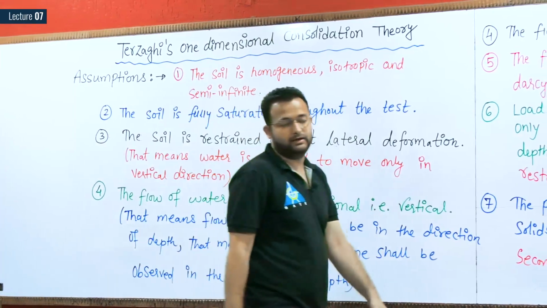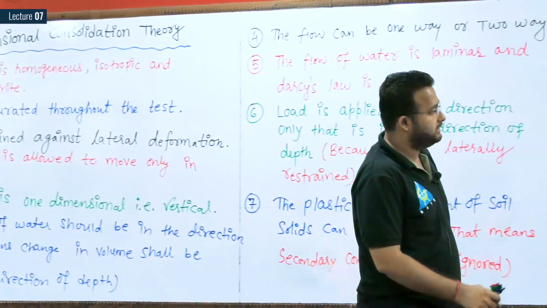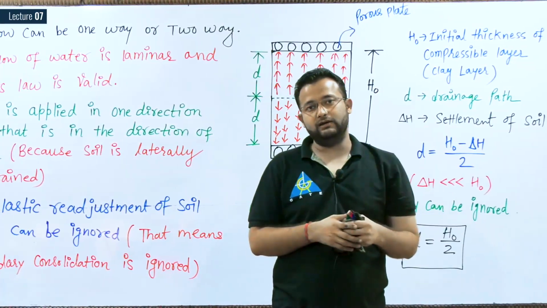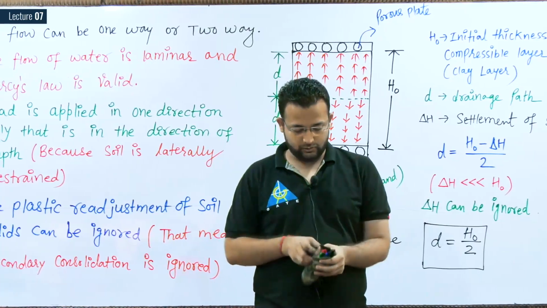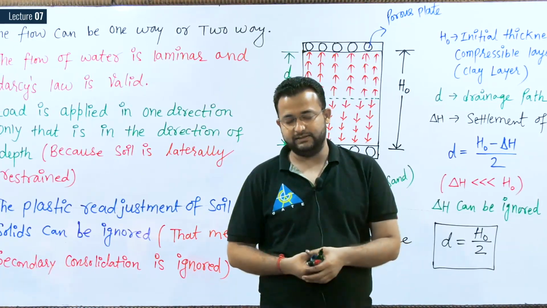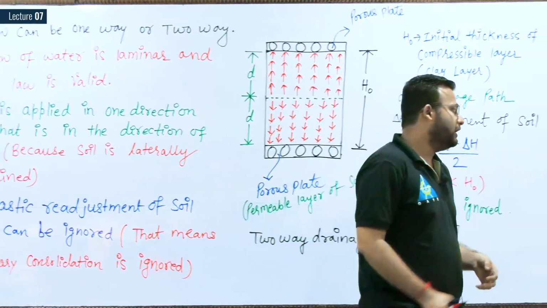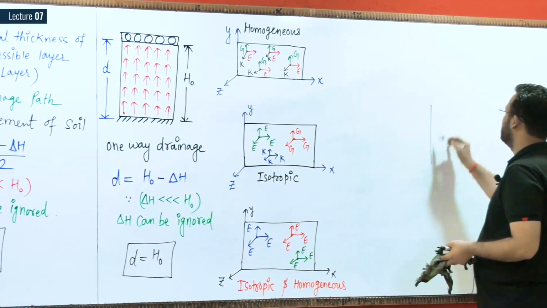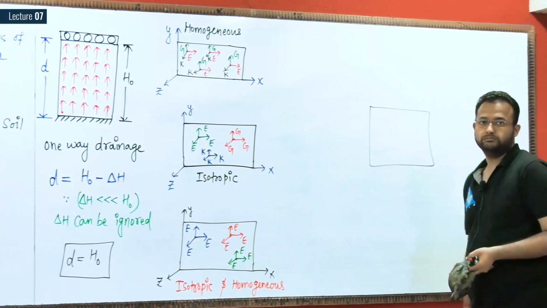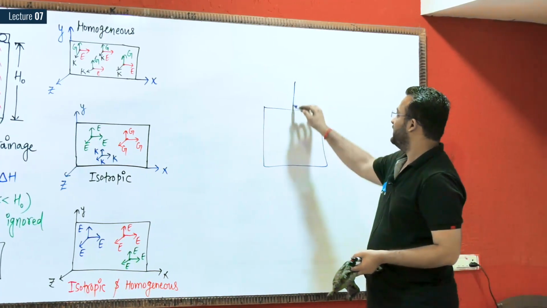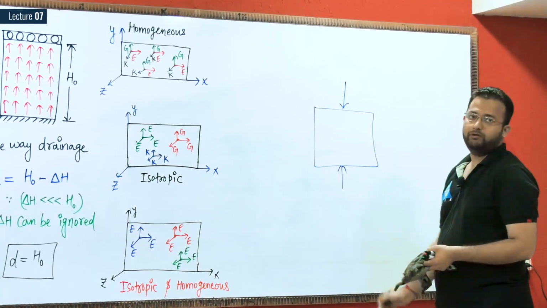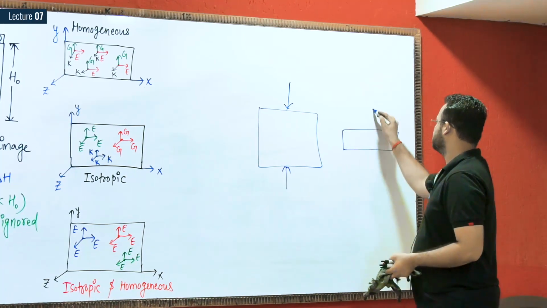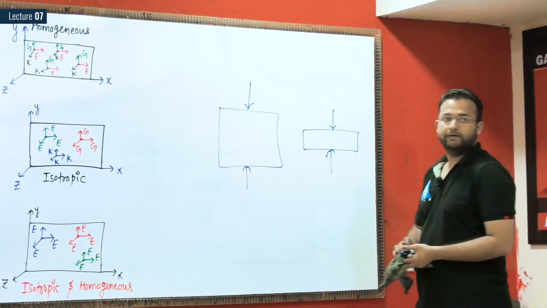What is semi-infinite? See, what is the meaning of infinite? Infinite means the system having the dimension in all the directions, or changes will be in infinite directions. Let me explain. Suppose this is my soil sample, and if I apply the load, now what will be the shape? The shape will be something like this. Am I right? If you compress this,